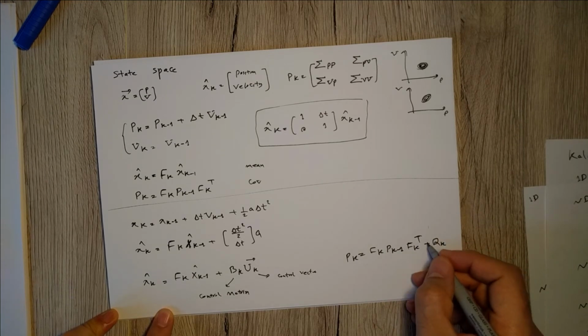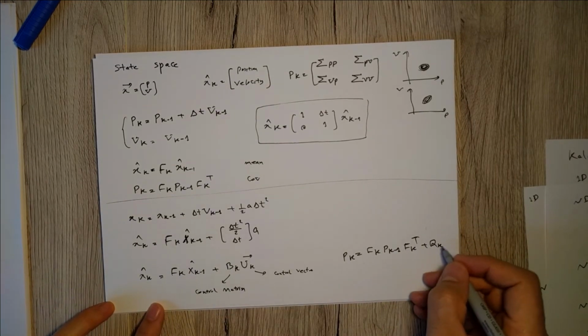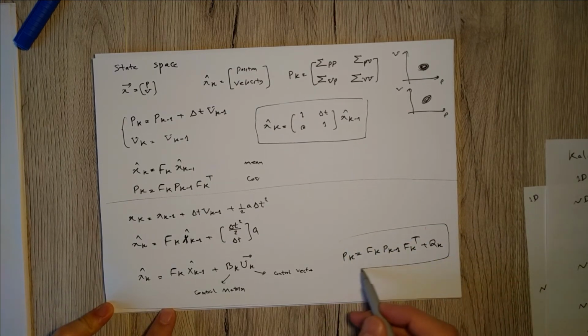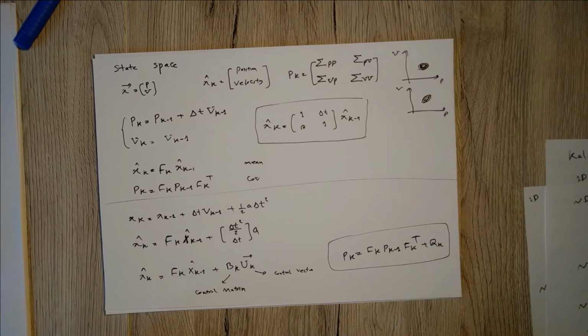This is a covariance matrix. This is the uncertainty that comes from the force that we apply. So this is the best estimate of our state according to the model that we followed,